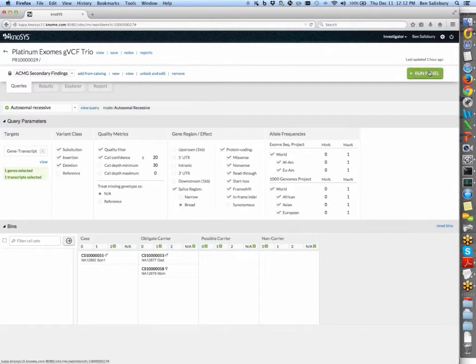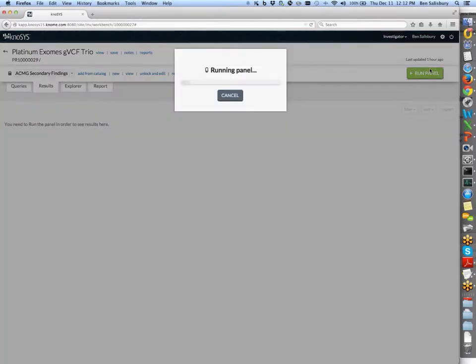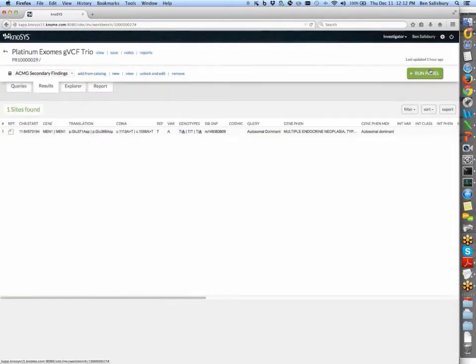But we can just go ahead and run this panel, and what it's going to do is execute all 5 queries, and it will give us results that are found in any of them. And out of all those 56 genes, we're left with only a single variant of interest. Everything else has been filtered out as too common, or not a protein alteration, or not found in these genes at all. There's nothing stopping you from doing a broader search. This panel has just been created as a narrow one.